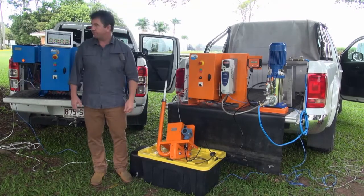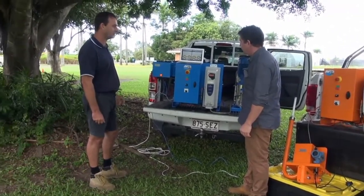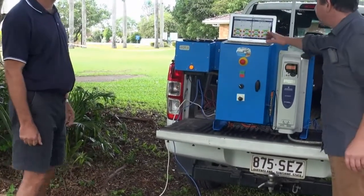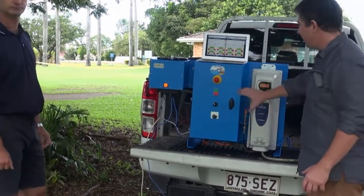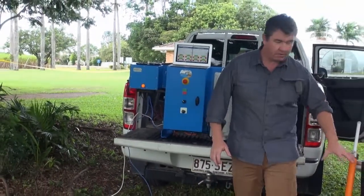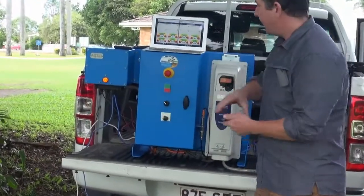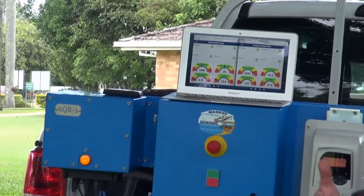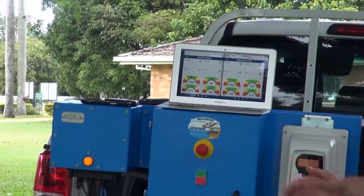Okay. So finally, over here we've got another box on the side and the computer on the top showing us all of the outcomes. So how does this system work? And is this another step up from where we were? Certainly. Looking at the system before, this system allows you to have all that manual control feature and function that you had before, or all the remote control function, but all from your phone or your computer. So whether that be day by day to maintain it, manage it and monitor for irrigation practices, so you have the best chance of efficiency, or if something shuts down it can tell you,